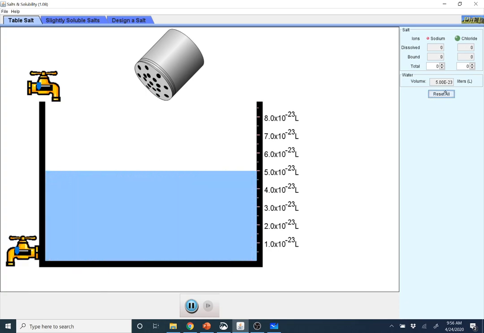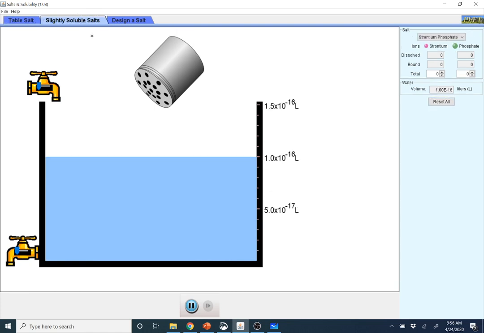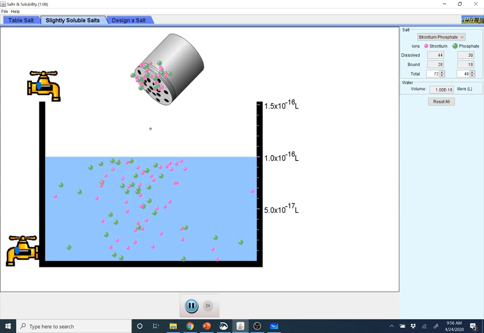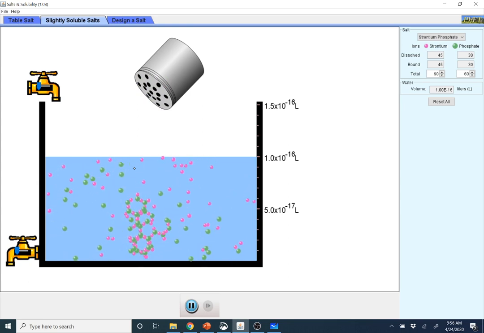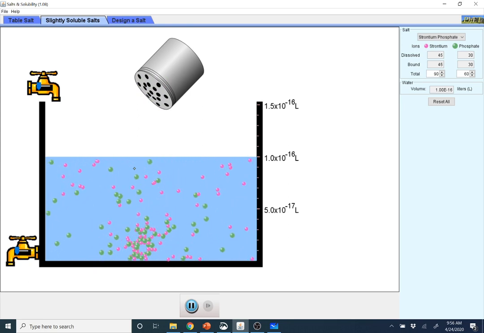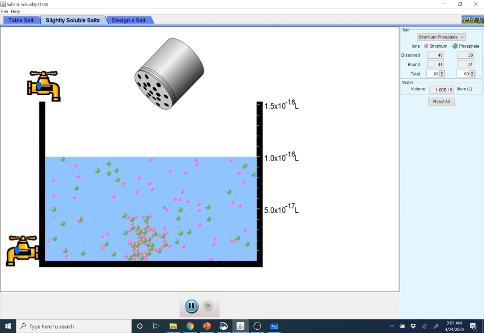Now, salt is fairly soluble, but if we went to a salt that is not very soluble at all, we have some strontium phosphate. As you can see, a little bit went in there just fine, but the second crystal, or third, I think it was 4 crystals when I tried this earlier, doesn't want to dissolve, and so it's going to sit there and come to an equilibrium, which we'll talk about later in the year, which basically has the strontium and phosphate molecules popping in and out onto this